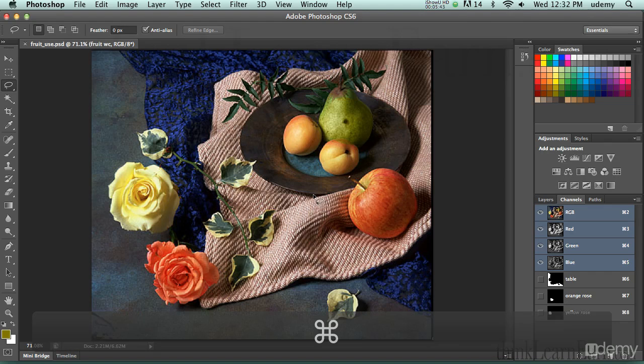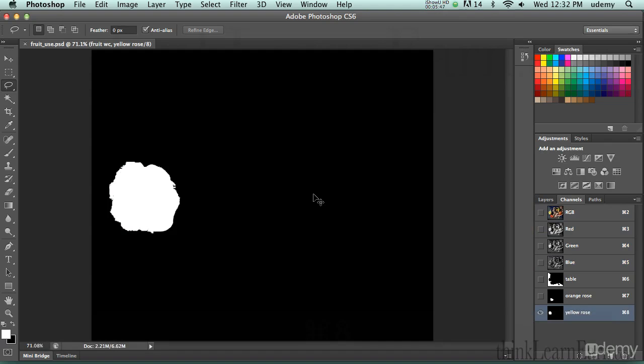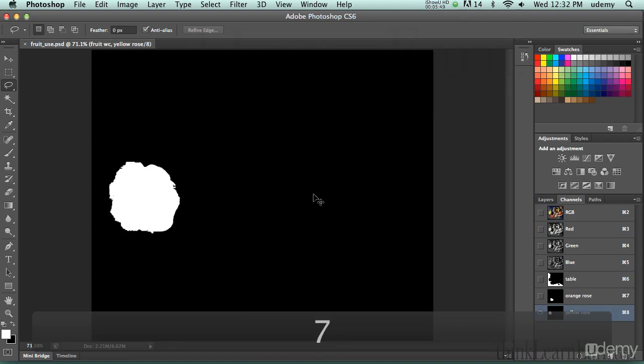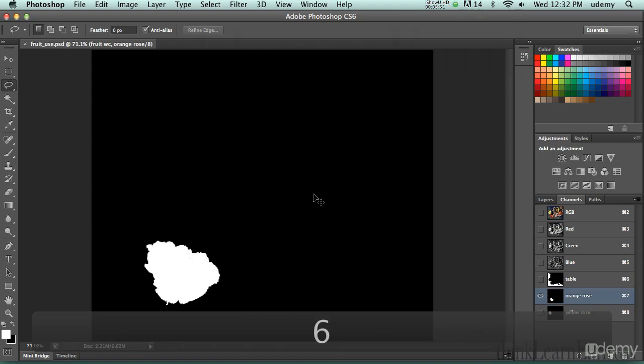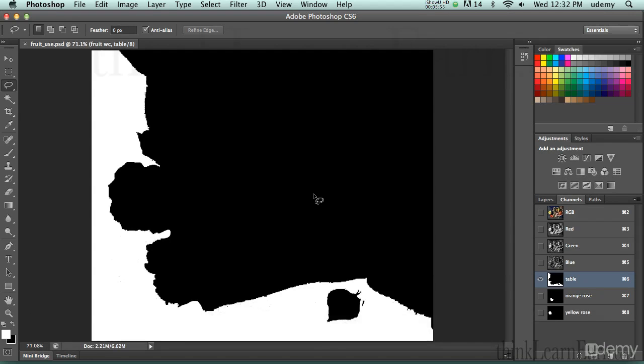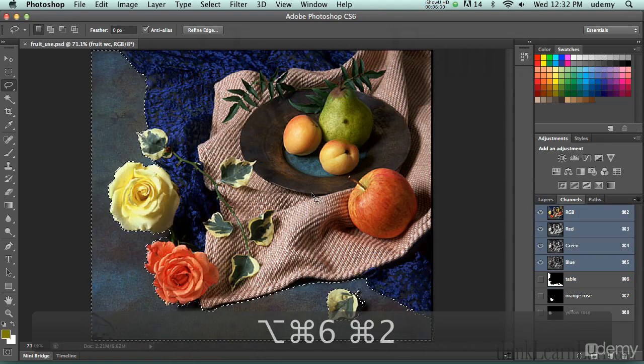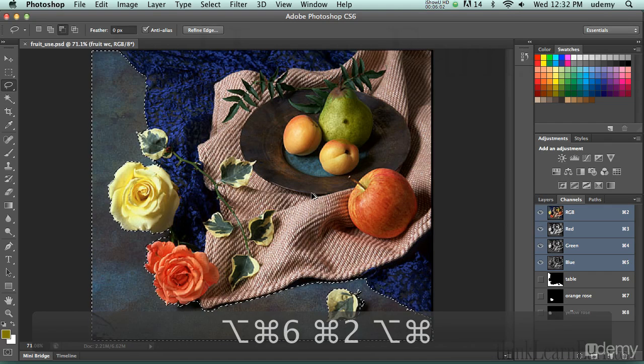Command 8 is going to select the channel, but I don't want to be in the channel, I want to load the channel. So Command 7 will load channel 7, Command 6 will load channel 6. So I'm going to hit Command 2 and Command Option 6, hold down the Shift key, Command Option 7,